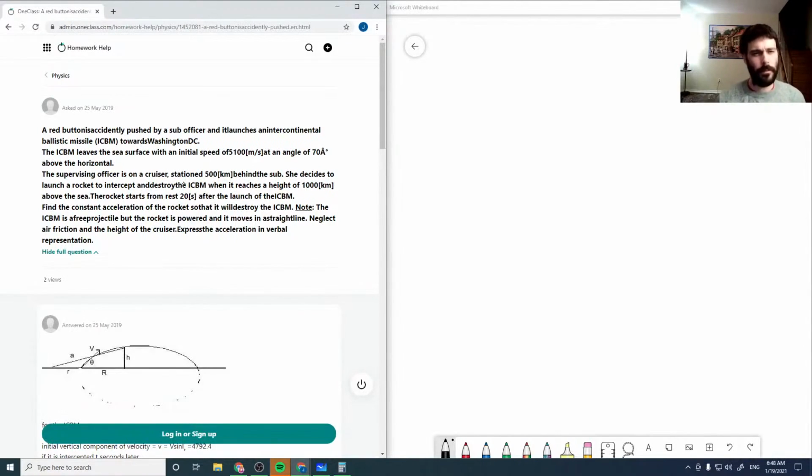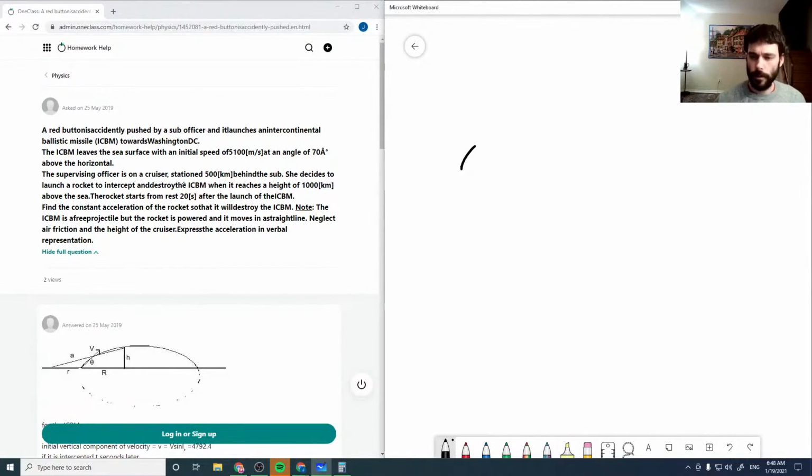The ICBM leaves the sea surface with a speed of 5,100 meters per second at an angle of 70 degrees. The supervising officer is on a cruiser, 500 kilometers